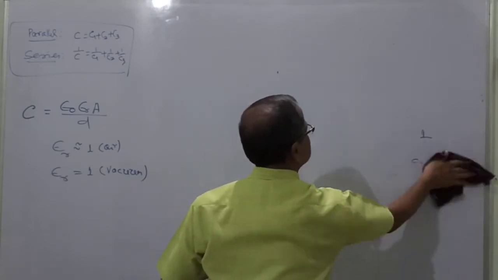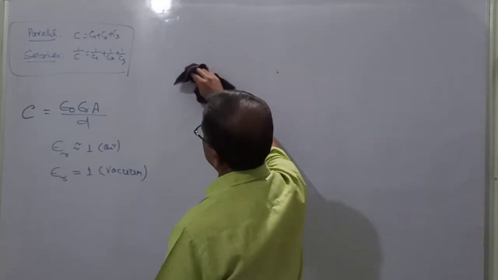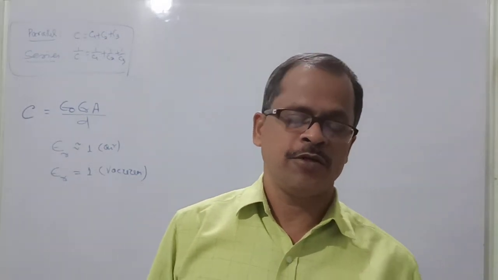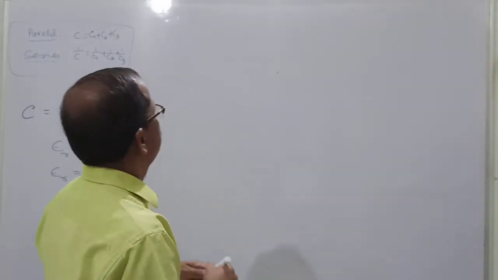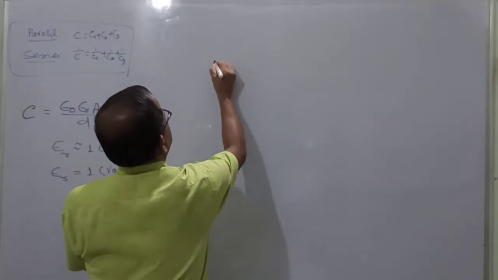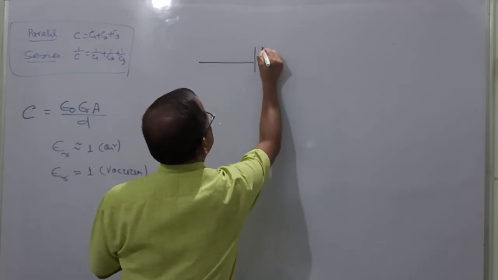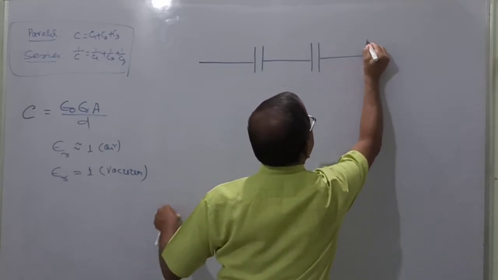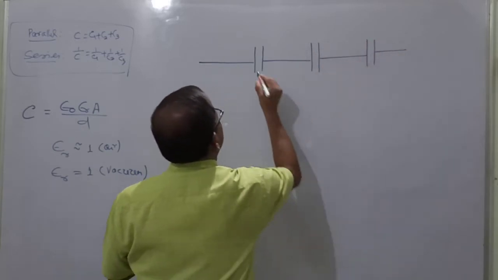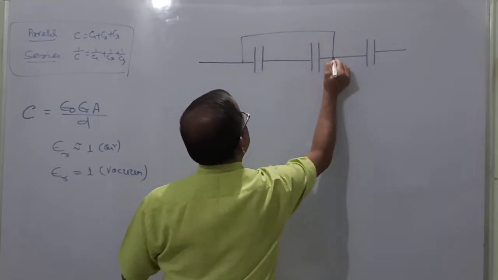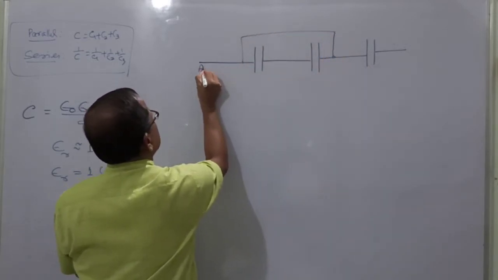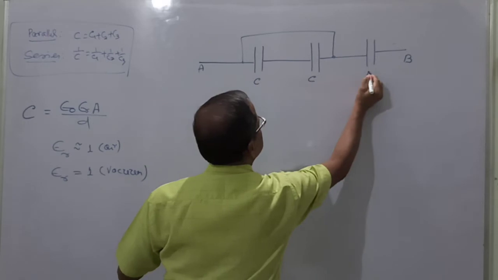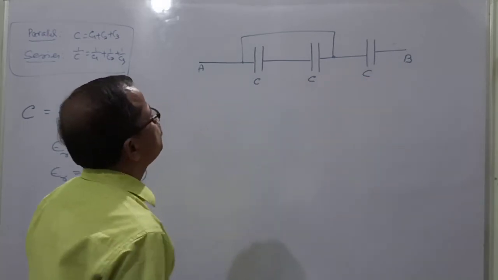Now the interesting part is coming. This is all the information I told you, and based on it we will be calculating the capacitance of the combination. First question to you. Let's say these are the capacitors: this one has capacitance C, this is another capacitor with capacitance C, and this is another capacitor with capacitance C. Find out the net capacitance between the points A and B. All the capacitors have capacitance C.